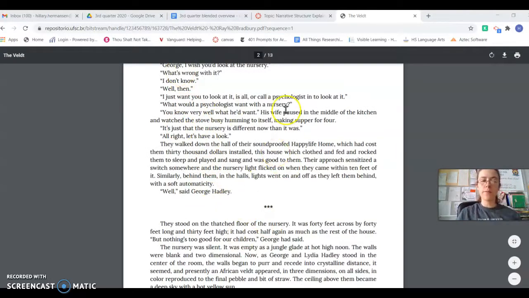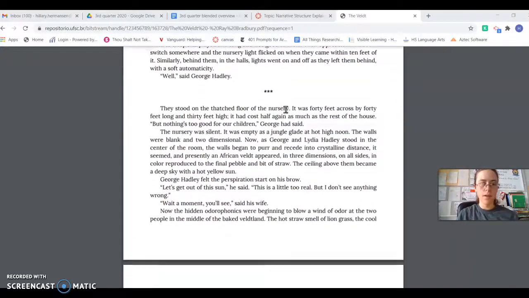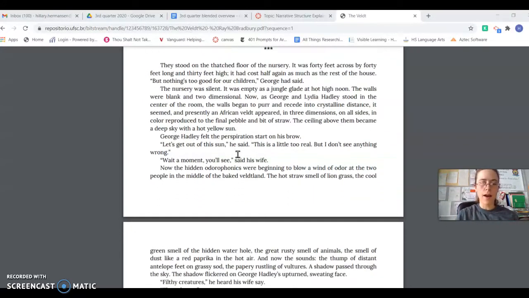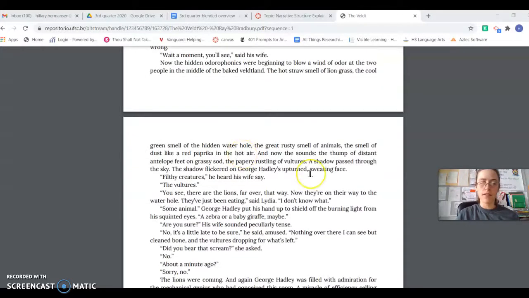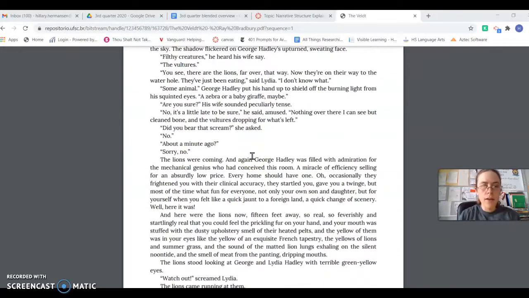So this first part is just the exposition. Then right here, there's the African veldt. And since we've already read the story, we know that the African veldt ends up eating the parents. So I would say that's like the beginning of the conflict, especially as like, where is it where they run out